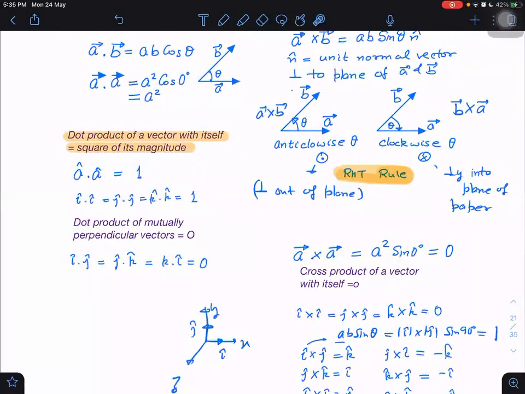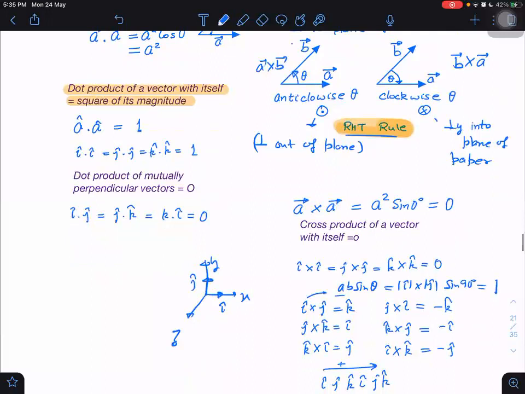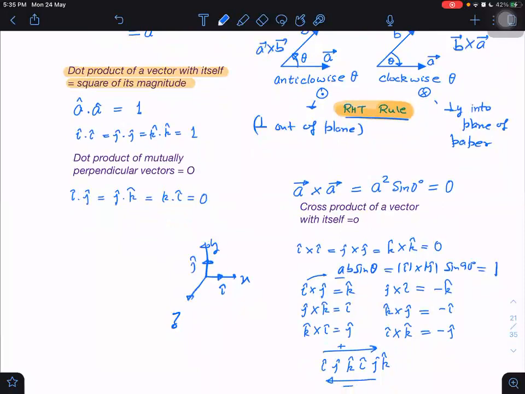The rule is the right hand thumb rule. No, I did not tell you the right hand thumb rule till now. I just told you the direction of the angle. What direction of angle do I have to make? If I go from I to J, then I have to make the angle this way, anti-clockwise. And I told you anti-clockwise means the dot, coming towards us. And this Z vector is also coming towards us. This vector is coming right towards us. So this is the dot, this is towards K cap. Now if I got a cross, then it would be going away from us. But I'm not getting a cross in this case. While I'm taking I cross J, I'm getting K cap. Is it clear? So it is a vector which is coming towards us.